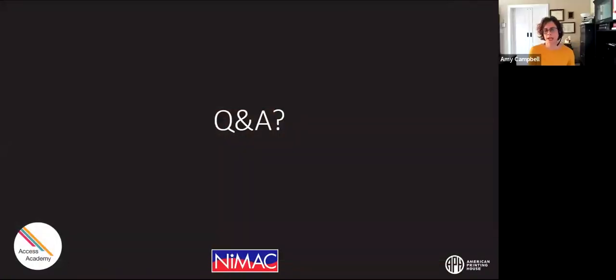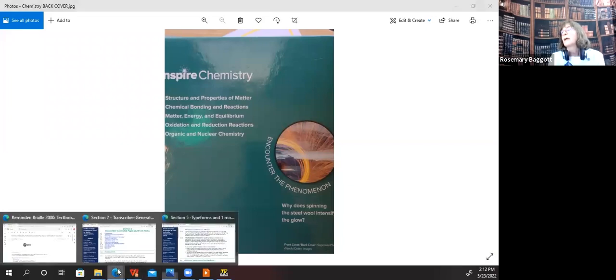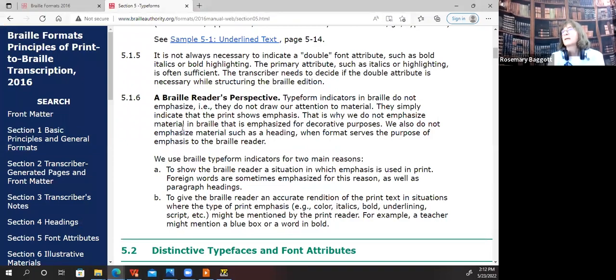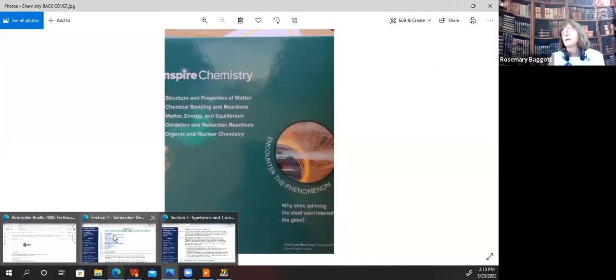On the chemistry back cover, could you show what you would include or eliminate? Oh, thank you. Yes, in this case, this material, I would not use this front cover, back cover information. Let's take a look quick again at what formats says. I'm going to look at formats where it says, oh, I picked the wrong page of formats. A back cover.